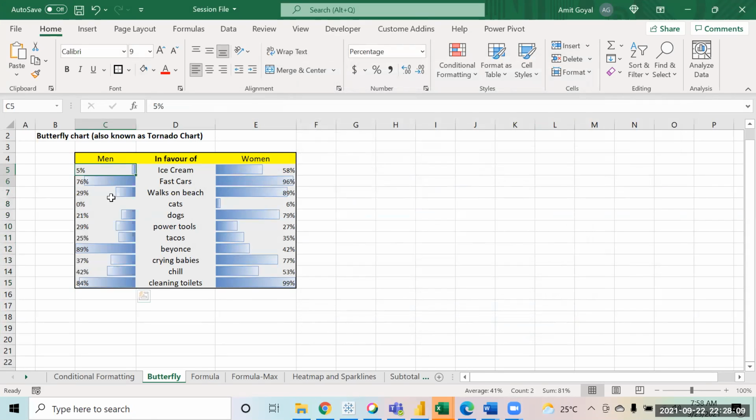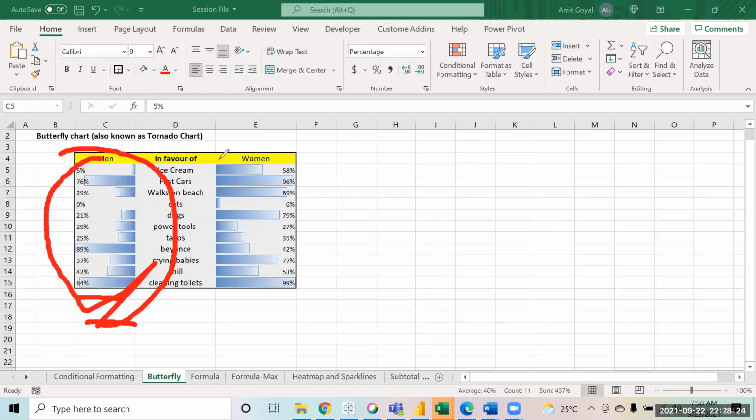Only the men column, because I want to change the direction of the bar. By default the bar comes in this direction, but I want it in this direction only for this one, so that I can give it a butterfly look. This is going in this direction, and these bars are going in this direction. That is why I have just selected the men column. Okay. Yep, got it. Thank you.